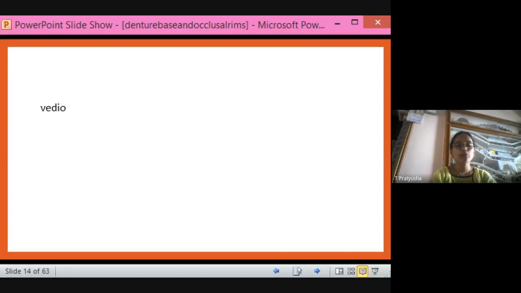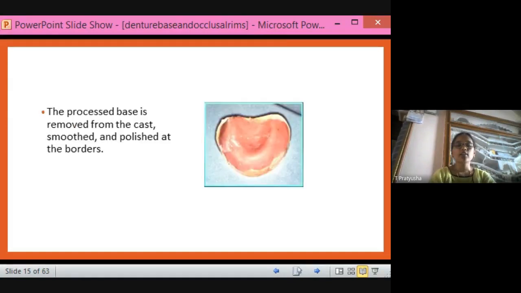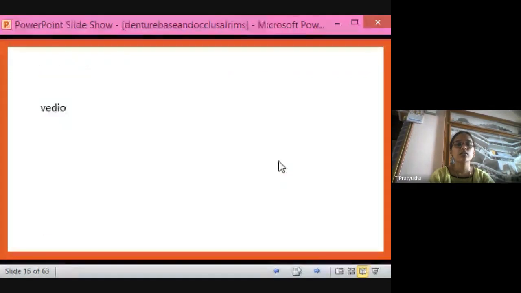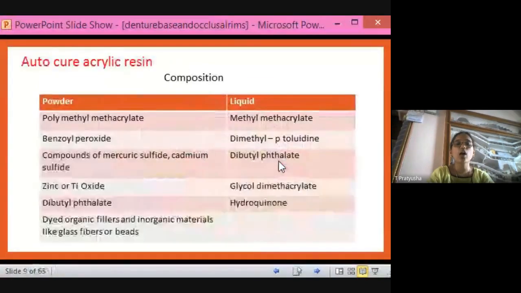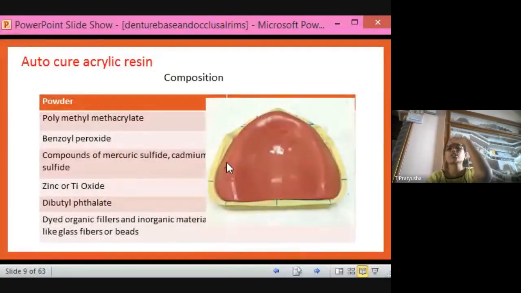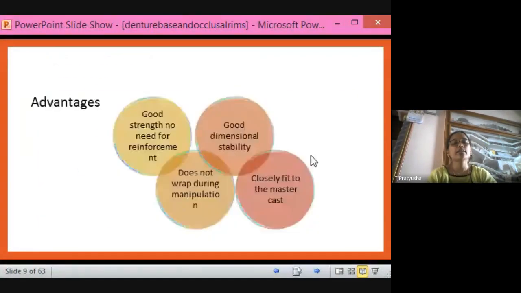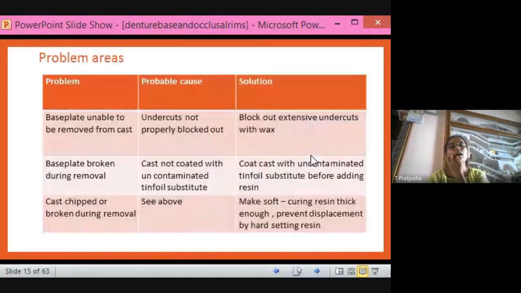So as I have told, have you seen in the video the sprinkle on technique method? Now this is how your cast denture base looks on the cast. It is removed from your underlying cast and has to be trimmed. After trimming, finishing and polishing, this is how your final self-cure denture base looks. Again, in this method, there are some problems after fabricating the denture base.